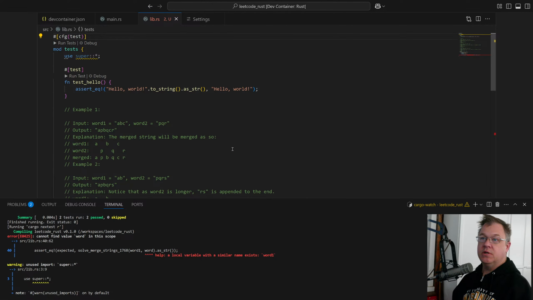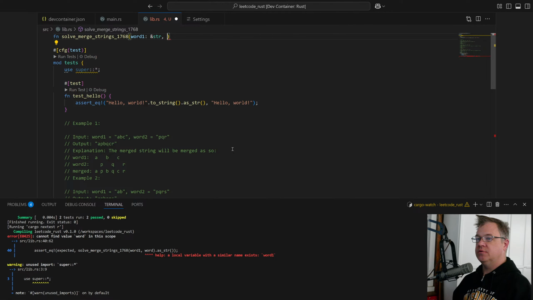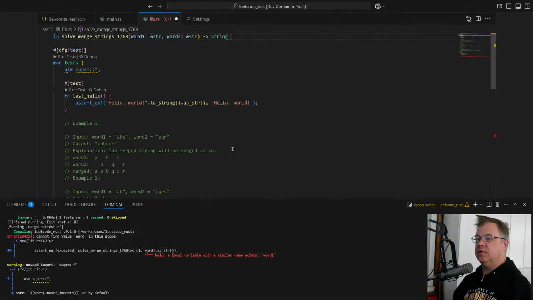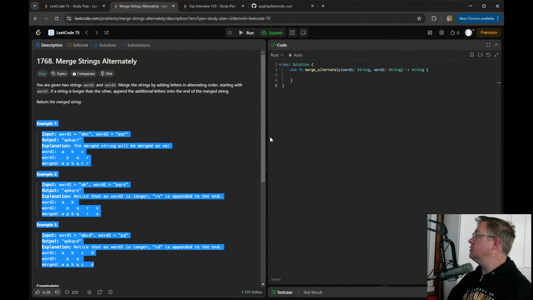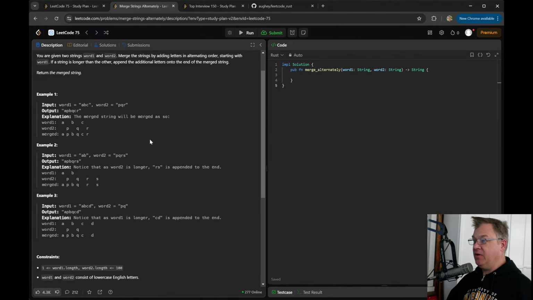Good, that still works. Okay, so now let's solve this. Fn solve, word 1 is going to be a string reference, word 2 is going to be a string reference, and we're going to return a new string. Okay, so we just need to interleave the two. Here's our work. Return the merged string. These shouldn't take full strings. They should take string references, but we'll let that go.